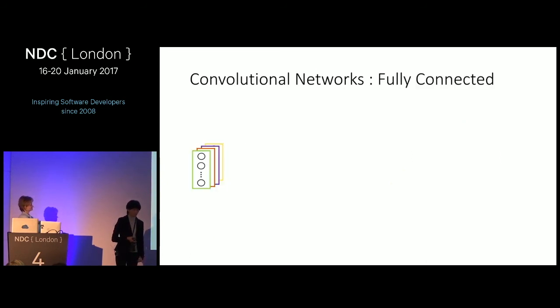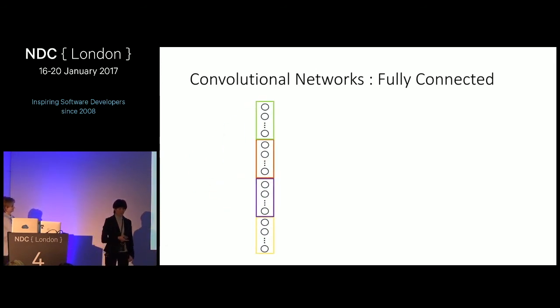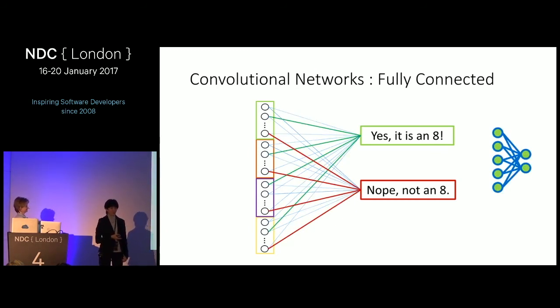Last layer. Last layer is called fully connected. That's also the layer which takes a decision as to which class our image belongs to. To make the decision, we take all the results so far from the convolution, pooling and rectified linear, and join them into one huge input array. Each value of this array has a vote to cast to decide if an image is the first class or the second class. In our case, first class, yes, it's an image of an 8, or no, it's not an 8. Some values can have stronger opinions about which class our image belongs to, and those get more important votes. Or in the case of neural networks, they have bigger weights.